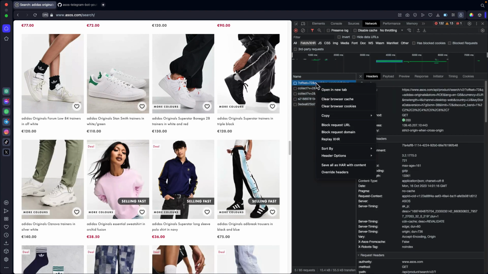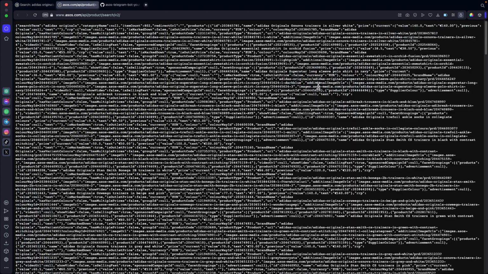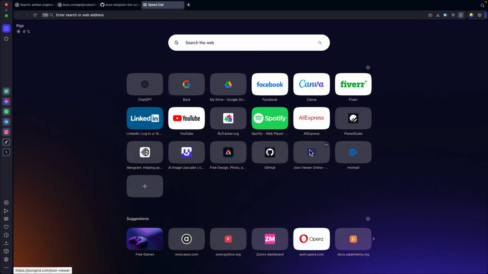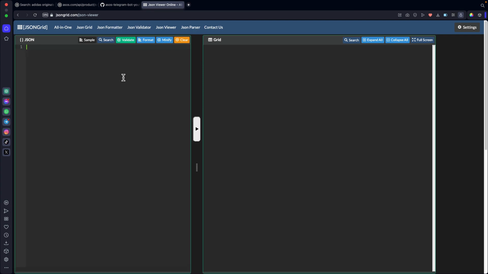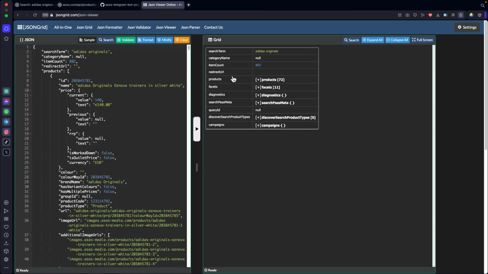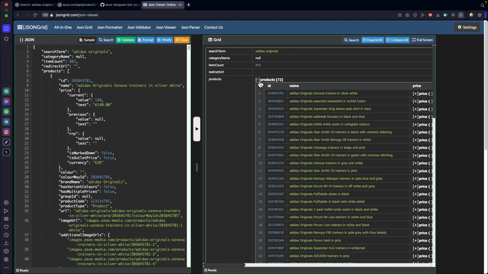If we open it, we will see data in JSON format. I've copied this text and pasted it into a JSON viewer where all this data is beautifully displayed in a table on the right. Here, you can see information about the next 72 products for the Adidas Originals query.